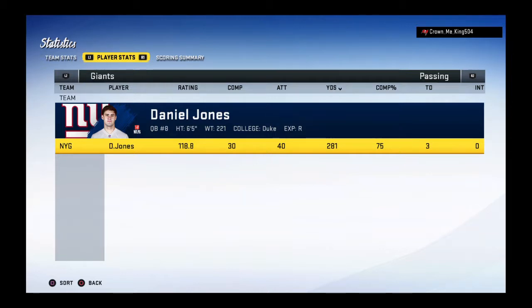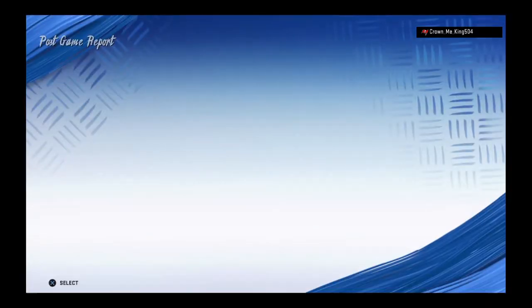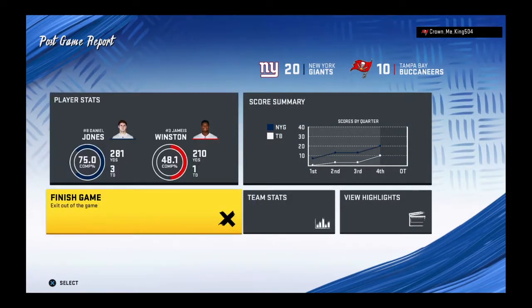So for the Giants, it's back-to-back victories now after the Week 1 defeat as they move to 2-1. And they will head back home next week. Meanwhile, for the Buccaneers, the early struggles continue as they'll sink to 0-3. And they'll look to